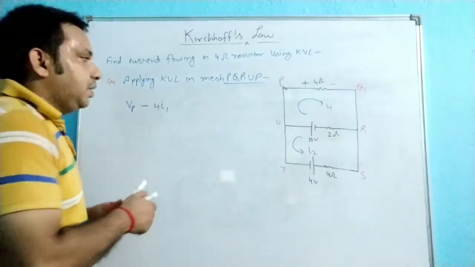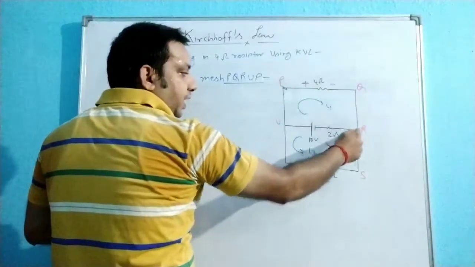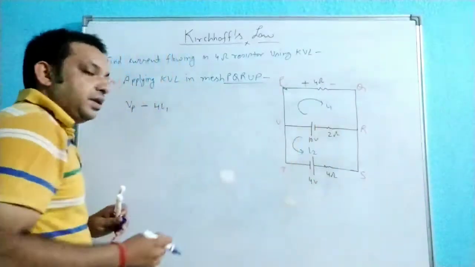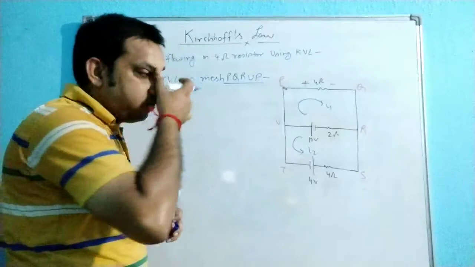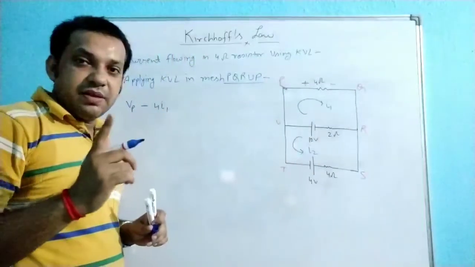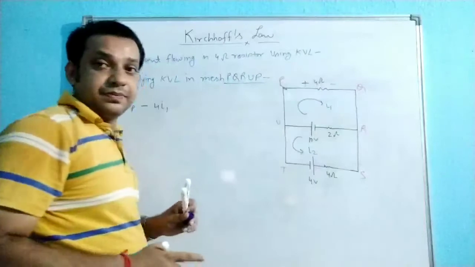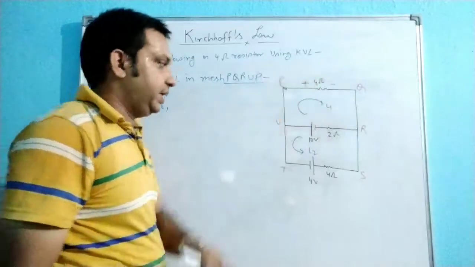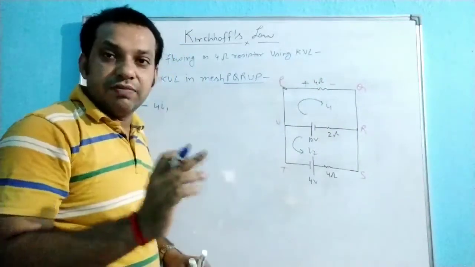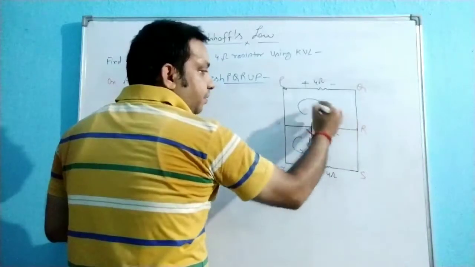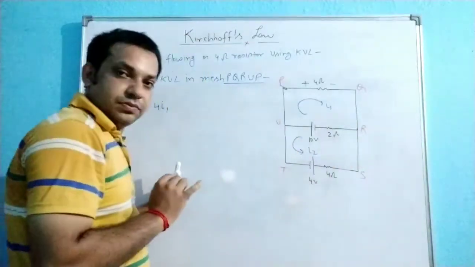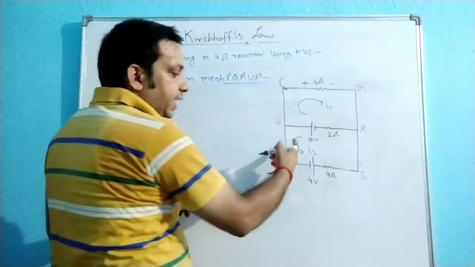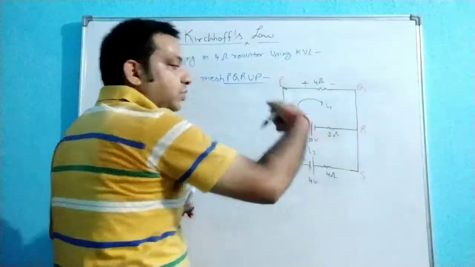Right? So we start from here, reach here, Q, R, again here just the 2 ohm resistor. Now, this 2 ohm resistor, what is the value of the current flowing through this 2 ohm resistor? So what did I mention? The dominating current is I1. Right now, because we assumed the mesh 1, that is why the I1 is dominating. So just first of all check what is the direction of the I1. So I1 direction is like this, from R to U. From R to U the direction of the current is. Clear?